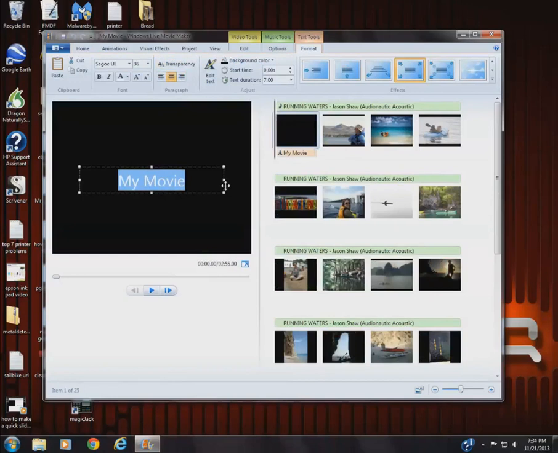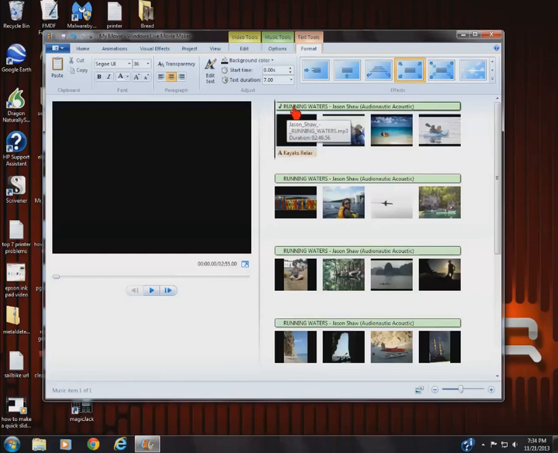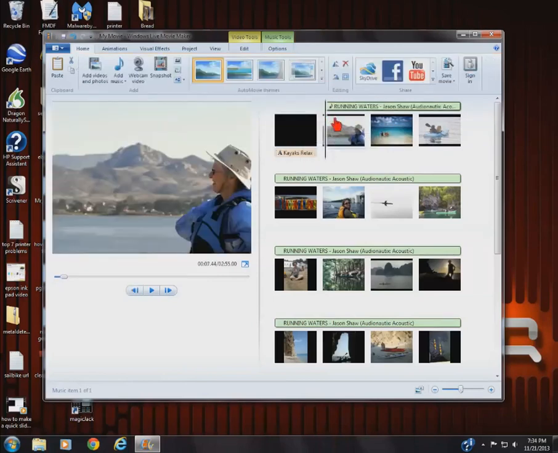Let's do kayaks relax. Now we can adjust the length of our song by moving it here on top of the photo, so it starts right when this first photo starts.